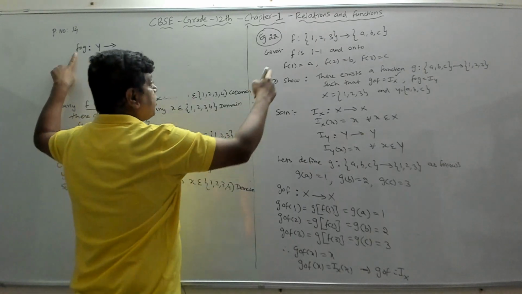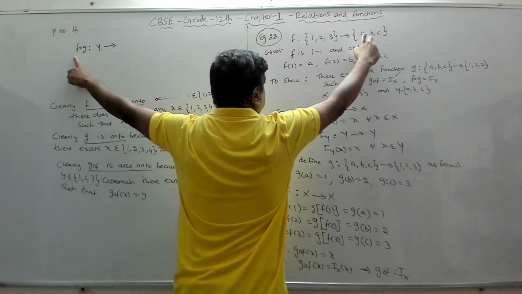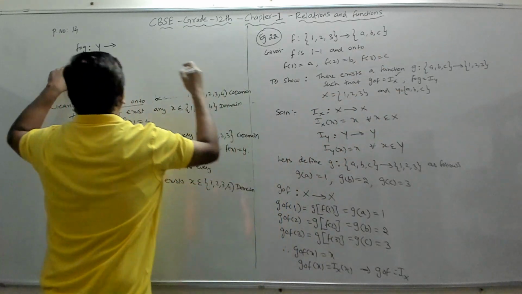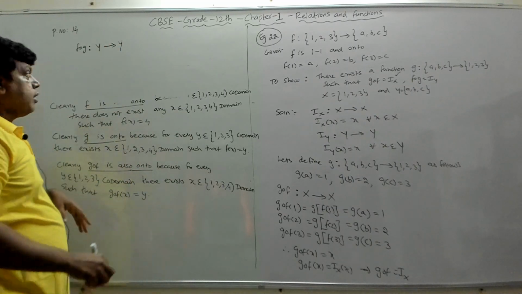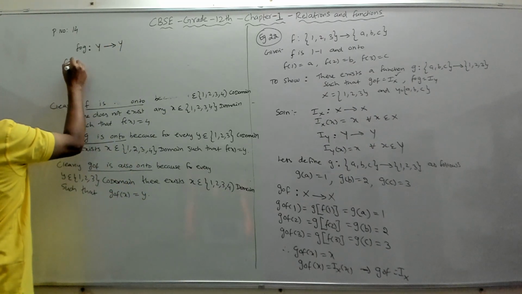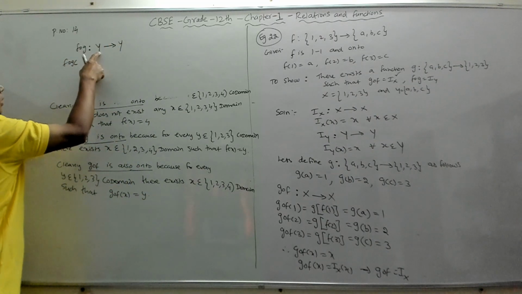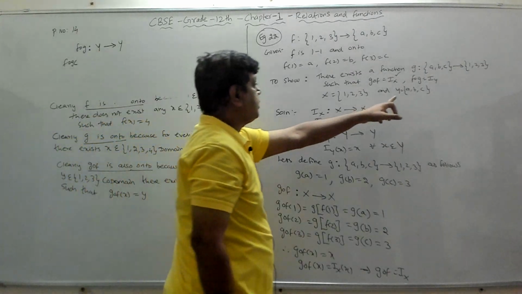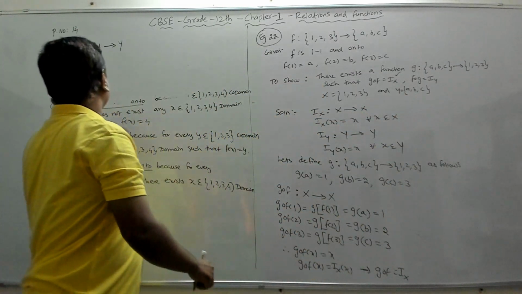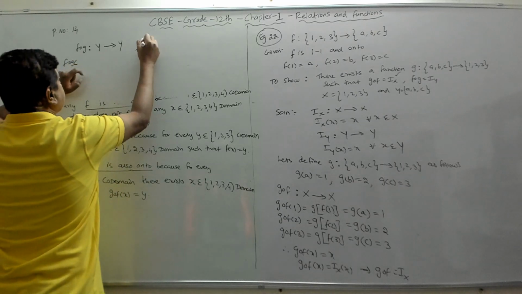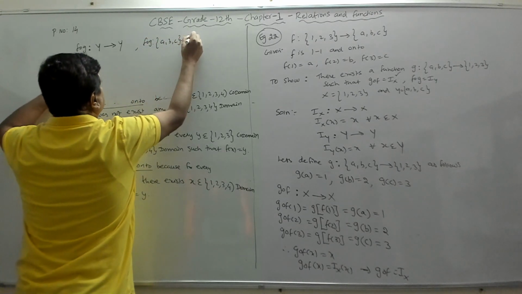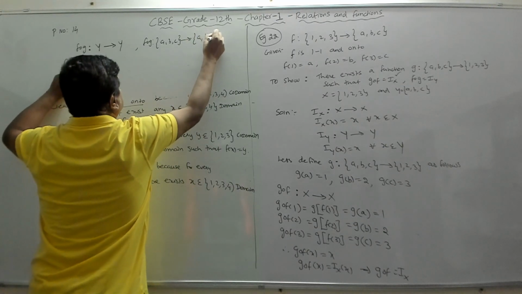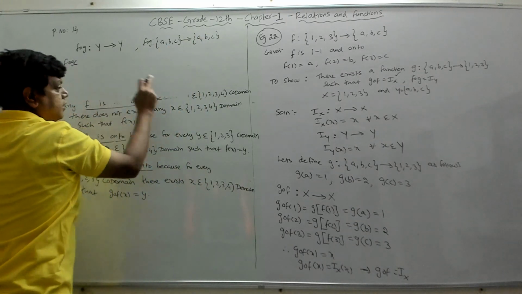What is the codomain of F? This is the codomain of F, and ABC is Y. So it is to Y. So f of g is from Y to Y. Let's find f of g of every element in Y. Y has ABC. We can also call this f of g is a function from a, b, c to a, b, c, because a, b, c is defined as set Y.